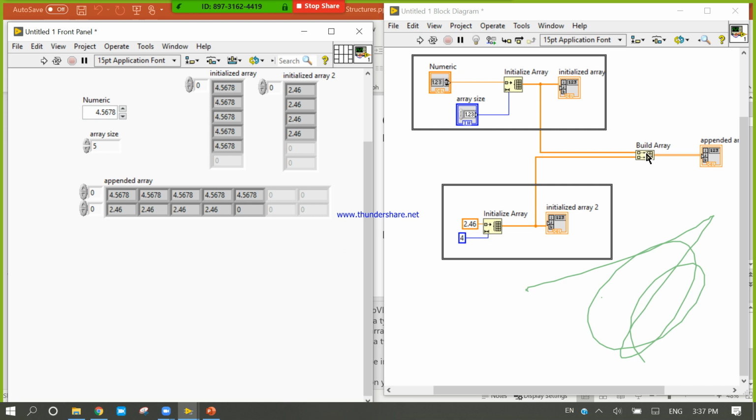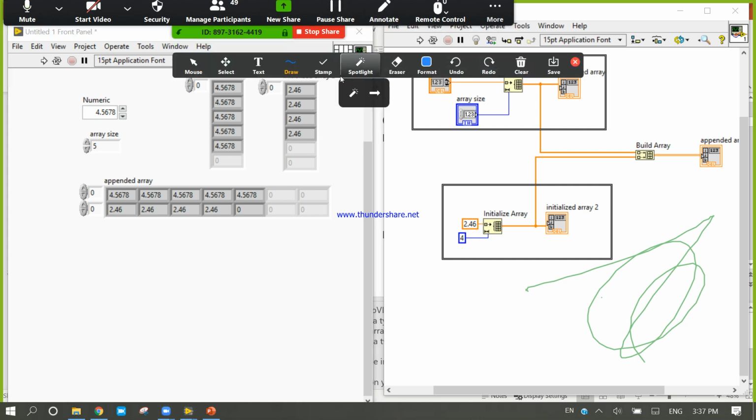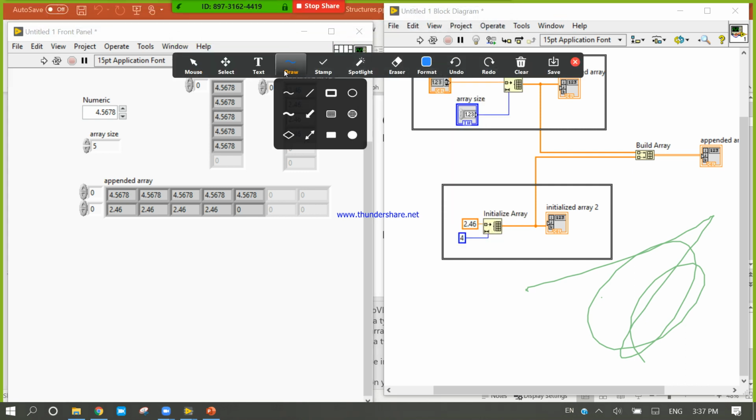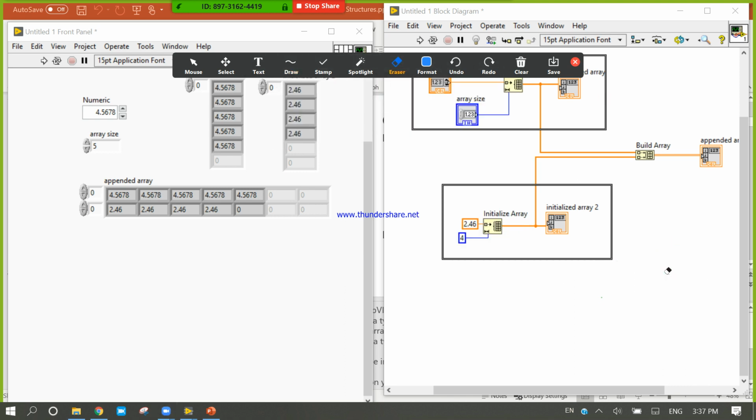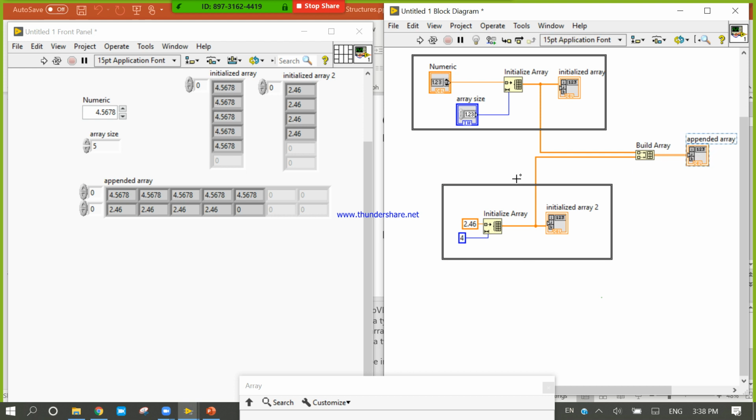Due to this append concept, we can create one 2D array using two 1D arrays.